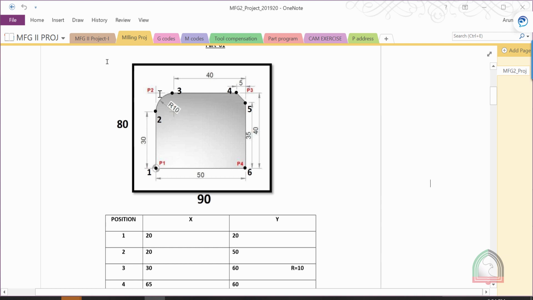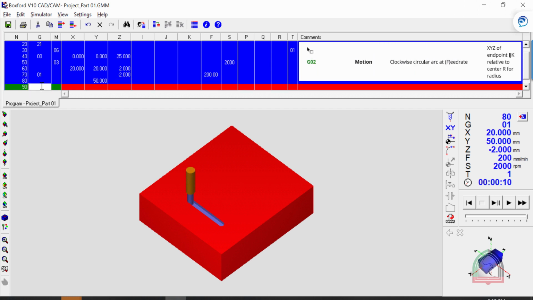That is represented by using G02, and we need to specify the radius also. So 2 to 3, the position is 30, 60. So it is G02, the position is 30, 60, and we need to specify the radius also. The radius is 10 here. Press enter.